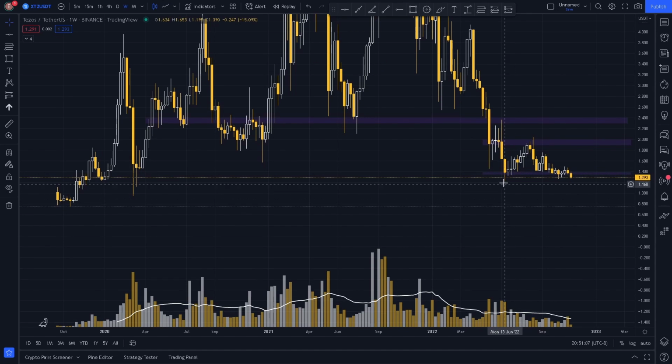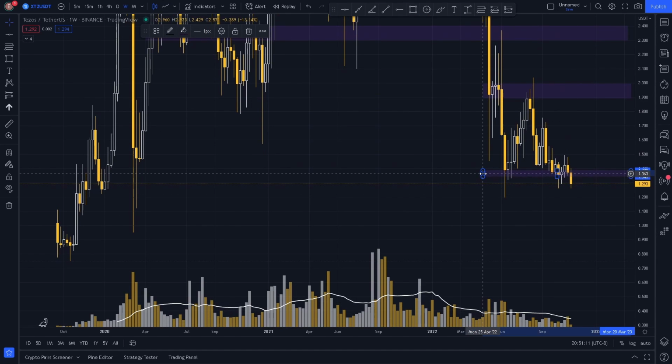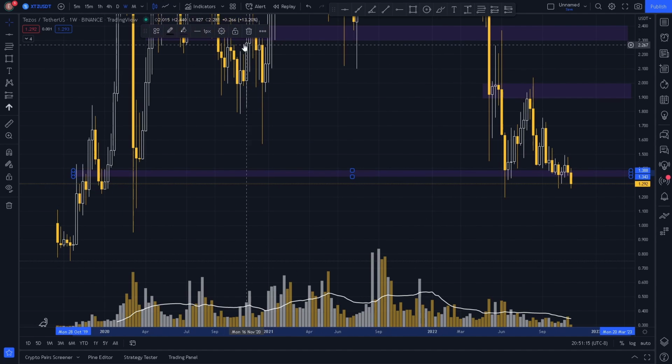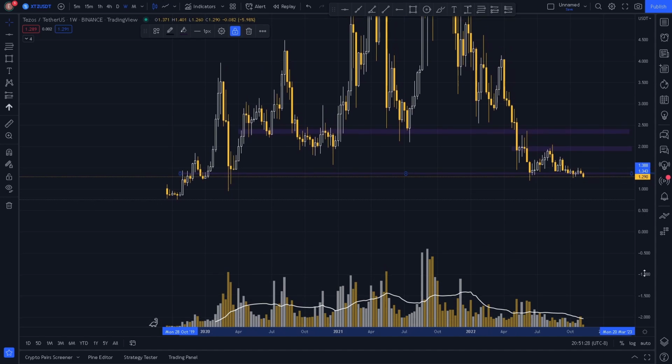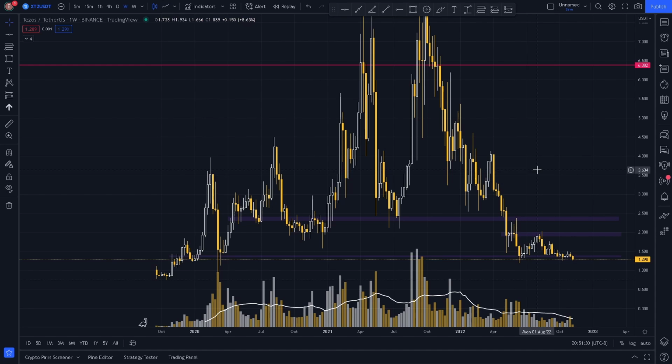So, we can also notice if we extend this support level here, look how it lines up with price action here. We see reactions around the same level, and we see long wicks reacting to the level as support. So, if we look more closely,